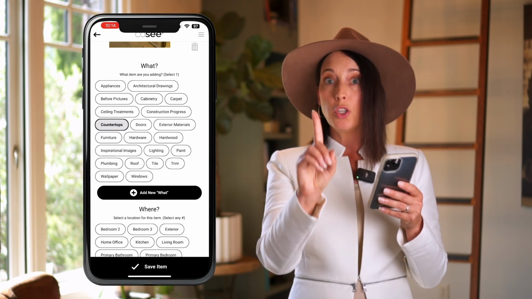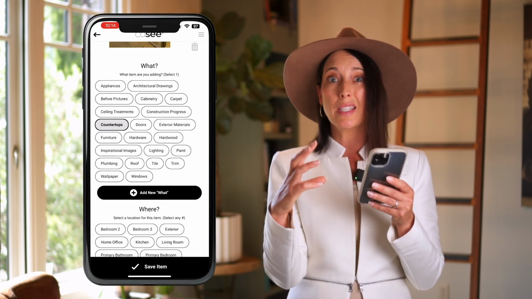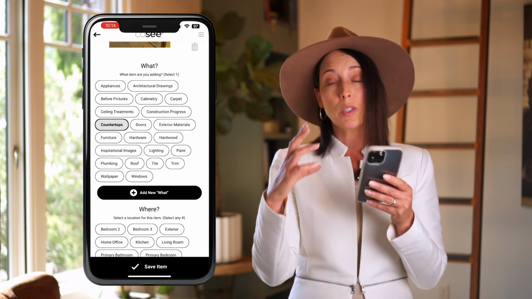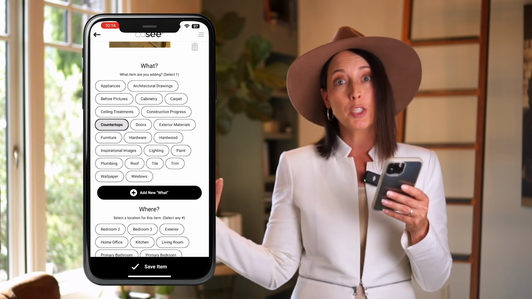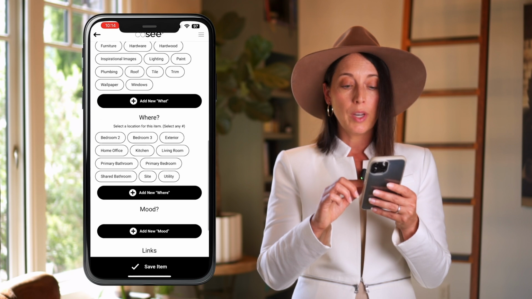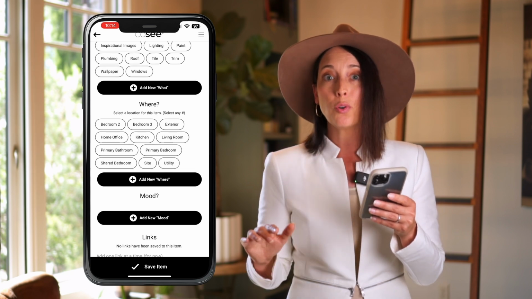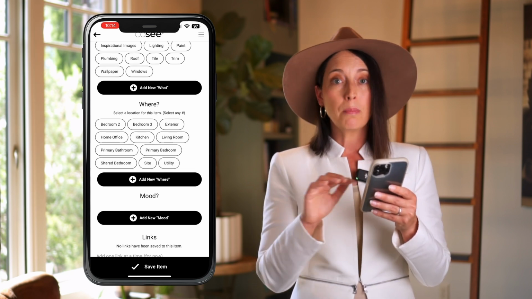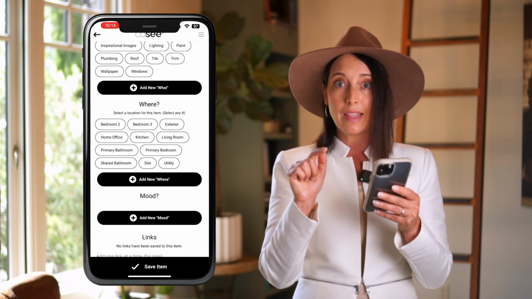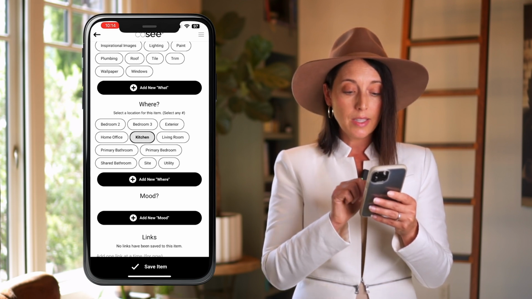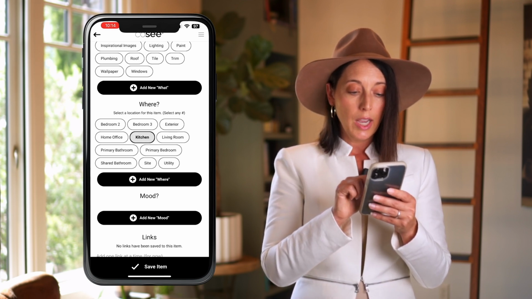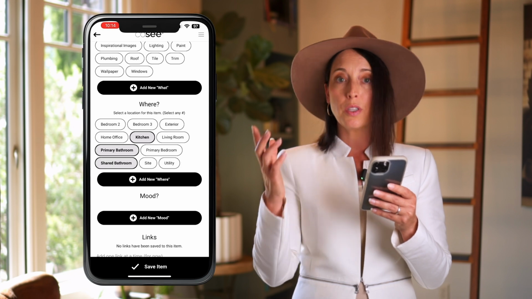Keep in mind on a "what," you can only tag one thing because this is your hub. This again is what's going to keep you organized, that you have a hub and spokes that are interconnected. Well, now on the "where," these are our spokes. We can go select as many areas that we think that this countertop might go. And in this case, we're looking at it for the kitchen and the primary bathroom as well as the shared